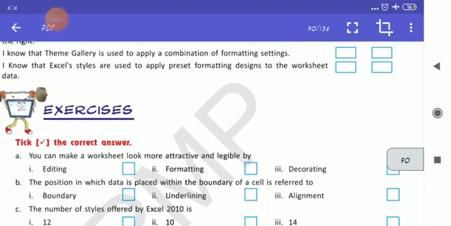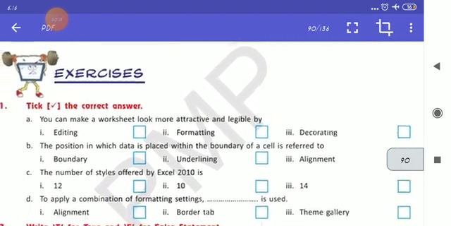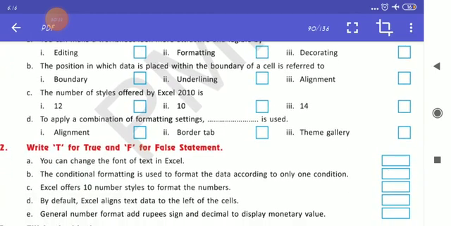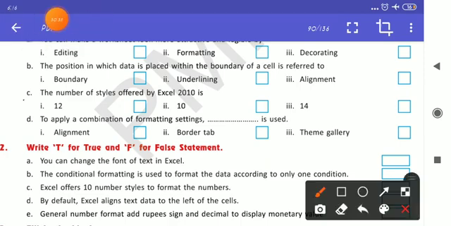So the number of styles offered by Excel 2010 is, and to apply a combination of formatting settings, dash is used. These two questions are your homework.